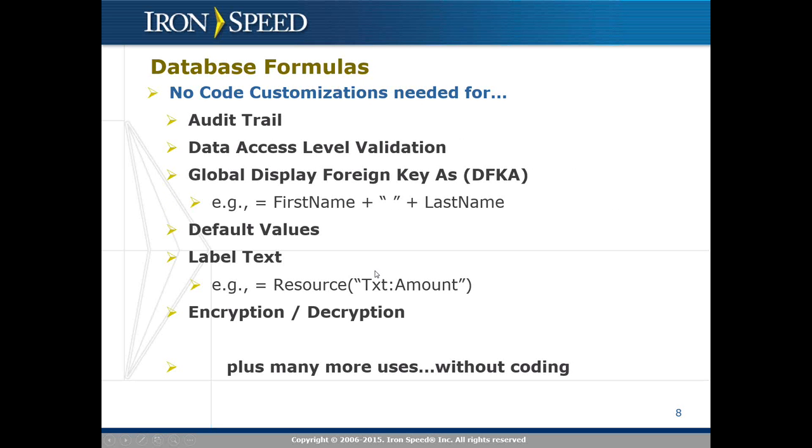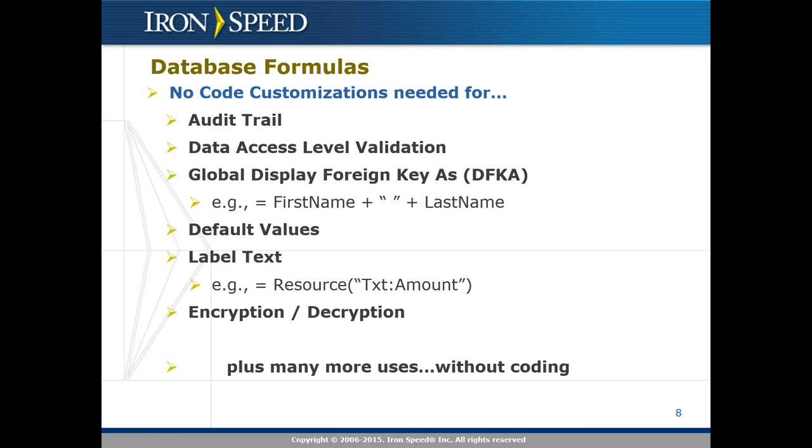Okay, no code customizations now for Audit Trail, because of course we can do that in the batch wizard. Same with data access level validation. Global display foreign key. That's where you would see that as in a drop down. As an example, any sort of list that you have, that's sort of what DFKA stands for,